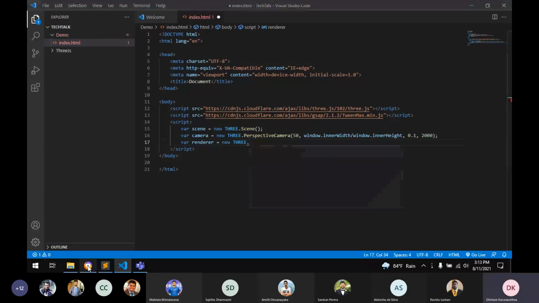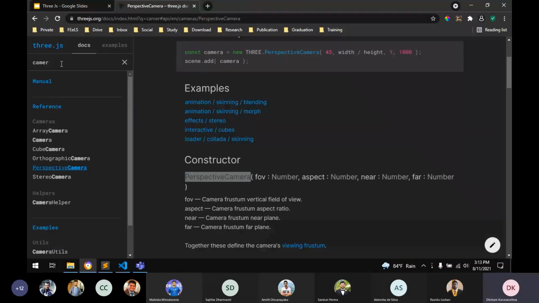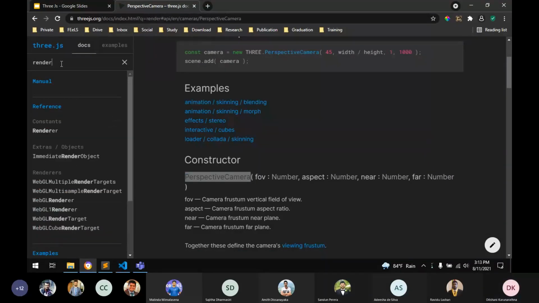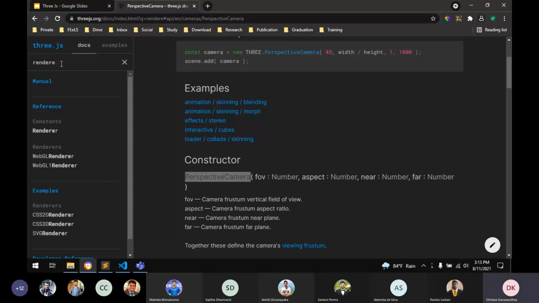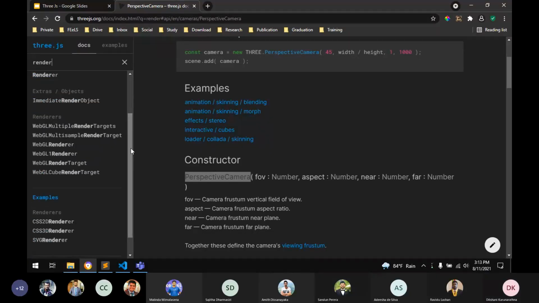Similar to cameras, there are renderers you can use here. These are the types, and let's use the WebGL renderer.